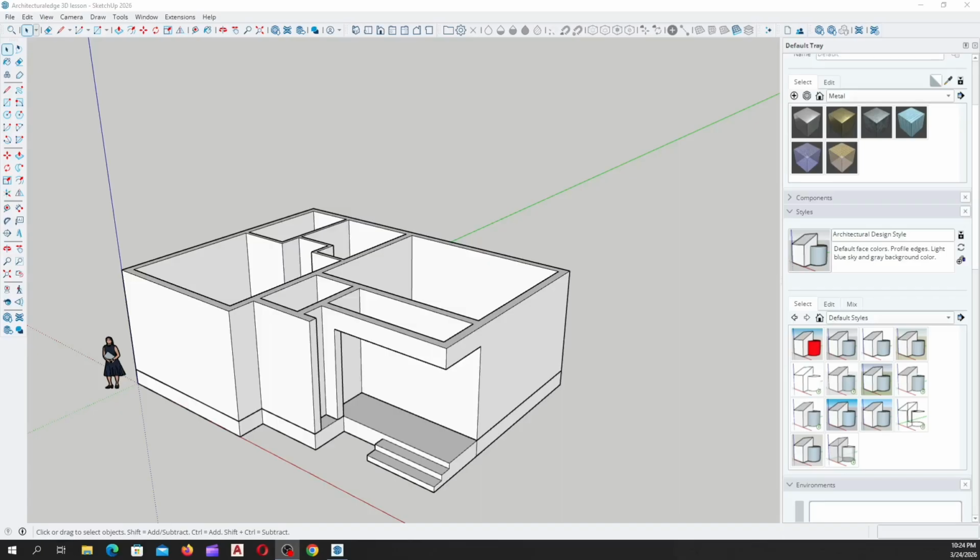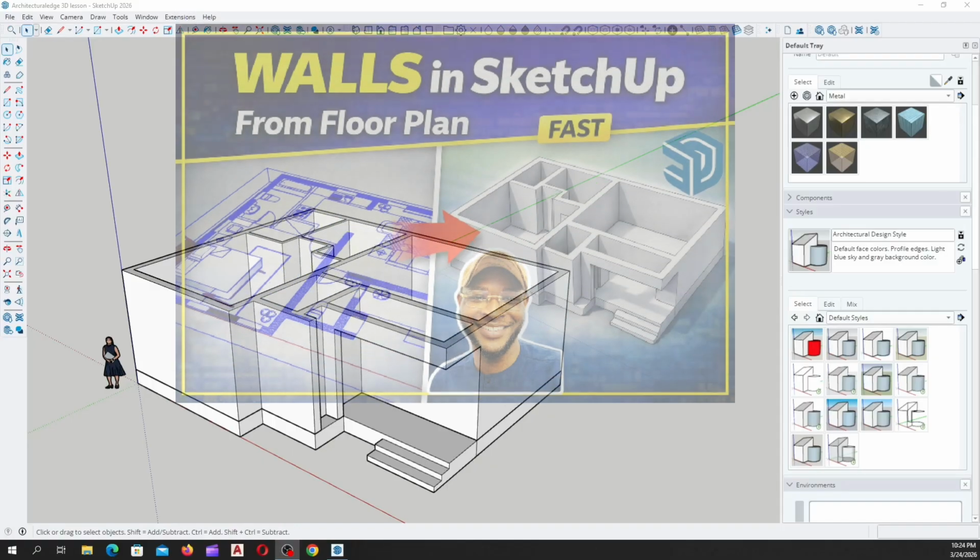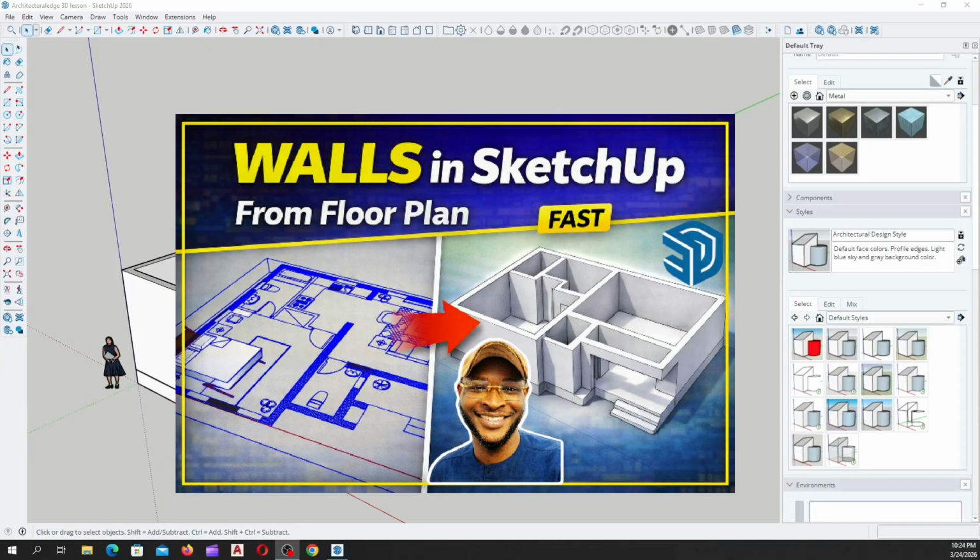In this very video, we'll be moving into the next phase of our 3D modeling from where we stopped in our previous lessons on how to model walls in SketchUp 2026. This is a series we've been working on, SketchUp 2026 for architects, a complete beginner guide on how to create 3D